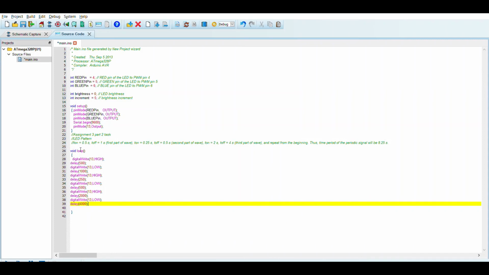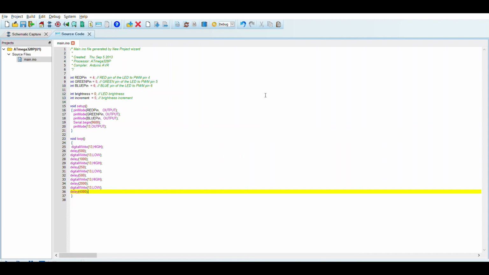I used the digitalWrite statement under the void loop, which means that digitalWrite 13 HIGH will turn the LED on and a delay of 0.5 seconds will occur, and then it will be turned off and a delay of 1 second will occur. Similarly, I wrote the other patterns in the code. So let's build the project. Here we can see that the project is successfully compiled. Then we can run the project.